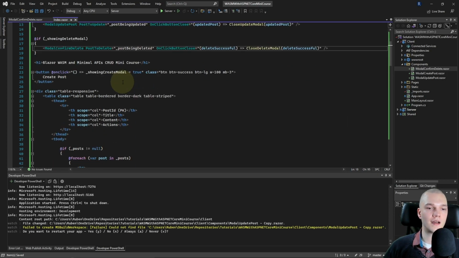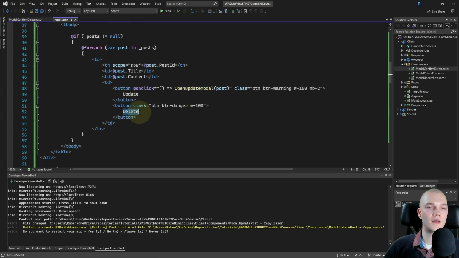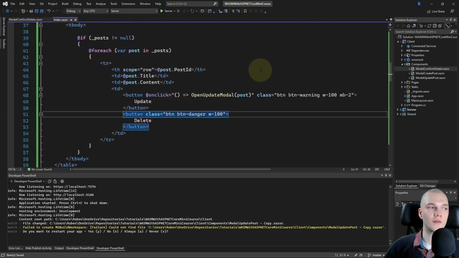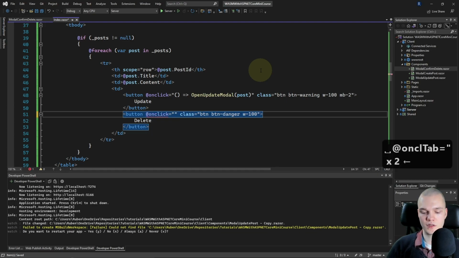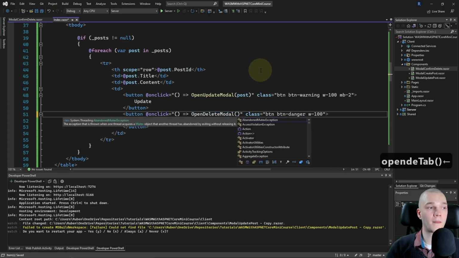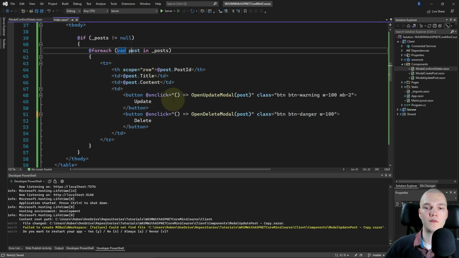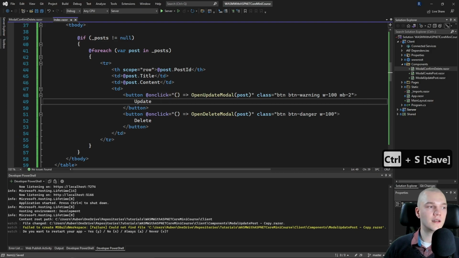Alright, then I'll scroll down to the delete buttons and I'm gonna add an onClick. So add onClick equals a lambda, and then I'll do open delete modal and pass in the post of the current for each iteration. Save that. Okay, so we should be done with the coding part now.